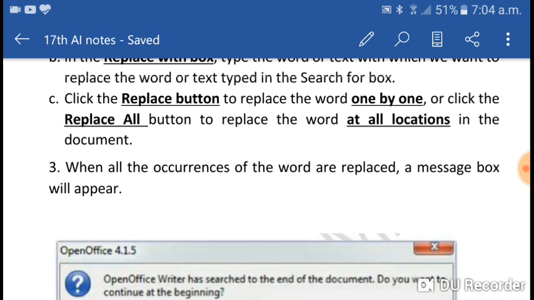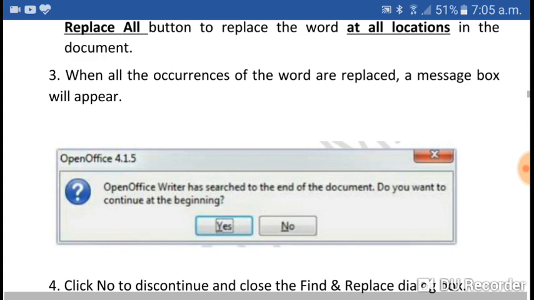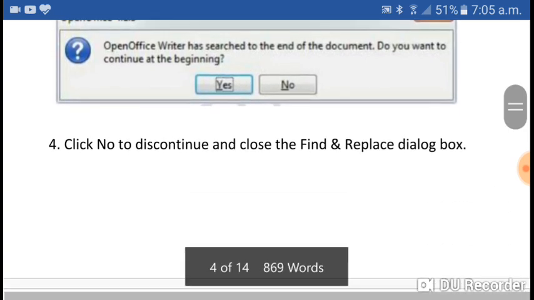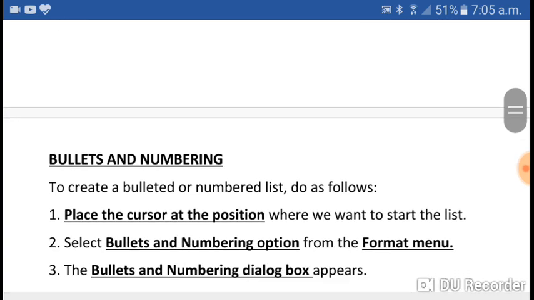So if I have written it a number of times and I find them manually one by one, it will take time. And yes, it's possible that at some places it might be missed and I could not change it. So the find and replace feature will find it at all locations. And if you want to change at all locations at once, there is the Replace All button. So we can utilize the find and replace feature as and when required.